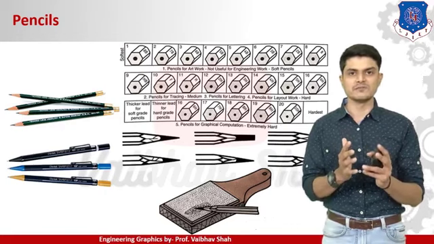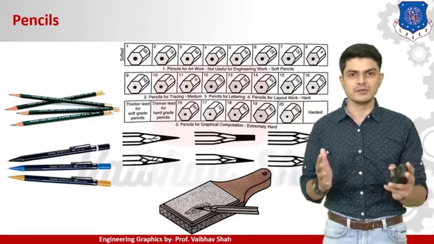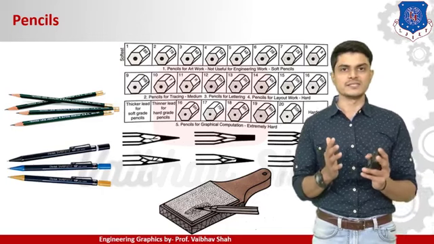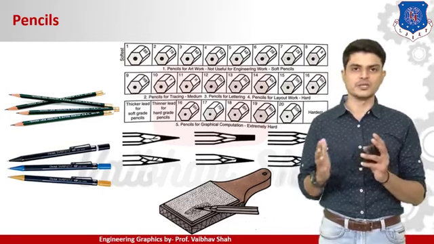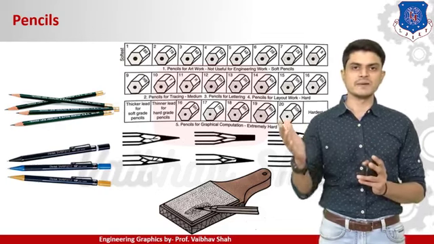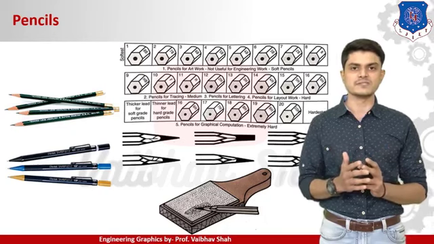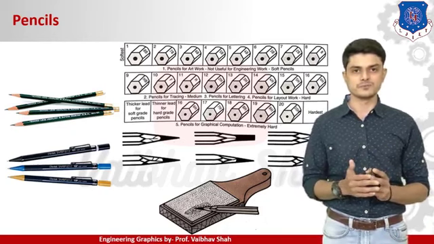So in our application, we'll be using 2H pencil, or you can go up to 4H pencil. It's completely up to you. So I will be suggesting you 3 pencils, HB, 2H and 4H. So you can use different kinds of pencils at different times and you can have better drawings. So these pencils are used for the engineering drawing purposes, and we can use these pencils for this subject also.